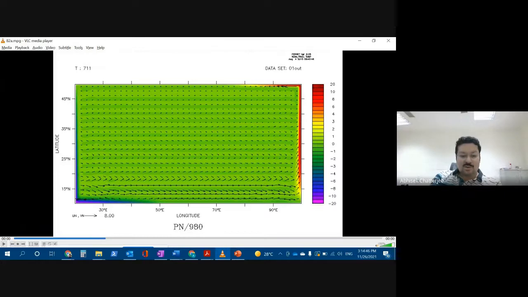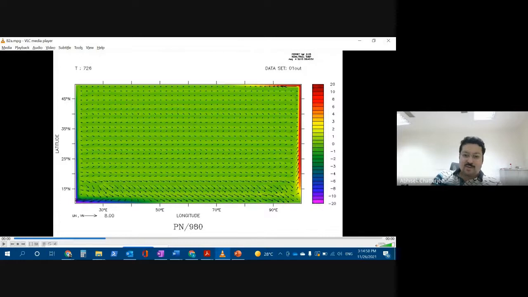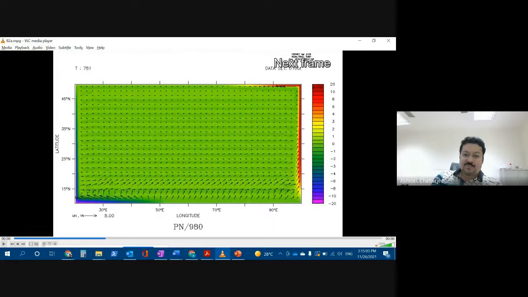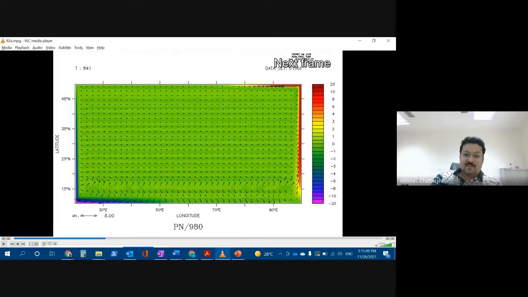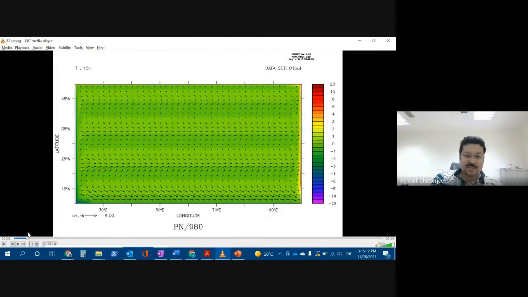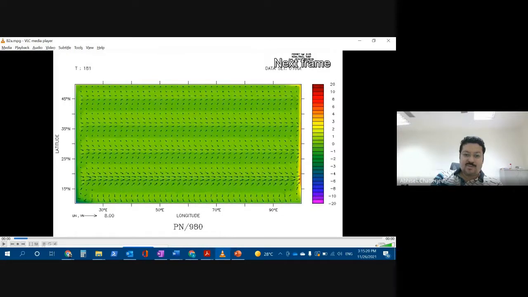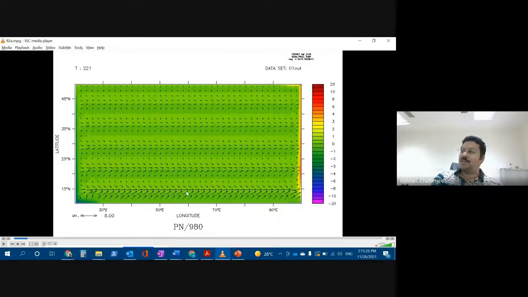So we just want to see it here. Let's look at two vectors. One is this, the other one is this, and then slowly you have to see that the top one is rotating much faster than the bottom one. I'm not sure whether you can see it clearly. Let's look here. Both are directed towards here. Let's see if the top one is rotating faster. Faster, right? It has already moved horizontal.